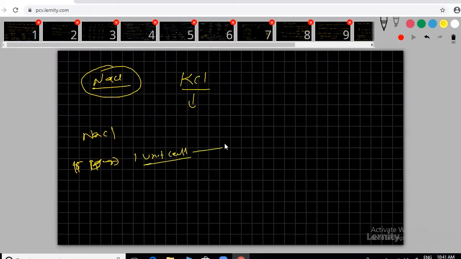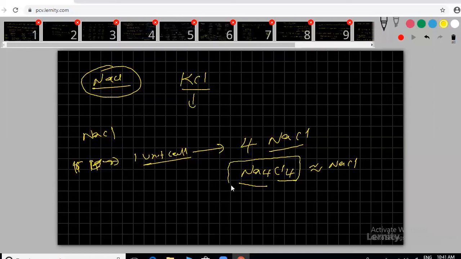It contains 4 moles of Na and Cl, meaning indirectly Na4Cl4. If you get the simplest formula, what will you get, sir? NaCl. Supposedly you would have to take 4 times the Na weight and 4 times the Cl weight as the molecular weight, but we are taking 1 time NaCl only. This is the formula.